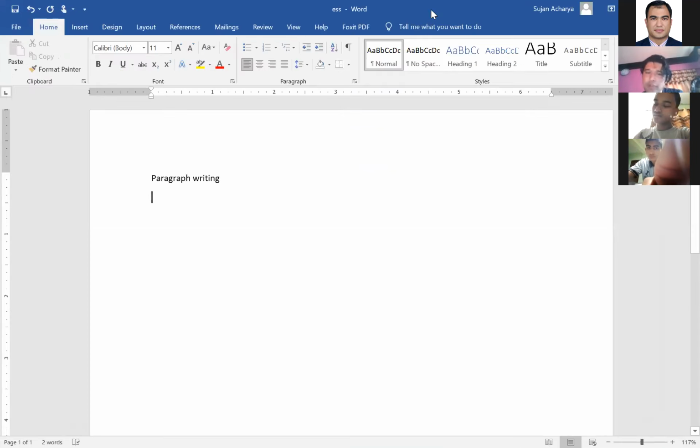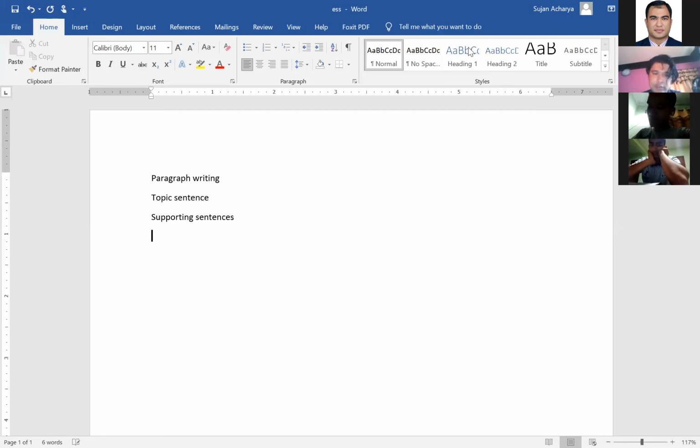Paragraph writing, more or less, we are on essay writing, okay? Remember that we are on essay writing and we begin with paragraph. First of all, we need to have a topic sentence, as we have already said in our last class. And then it's supported by supporting sentences. And what are the components that we need to have? What we need in paragraph writing is, first,